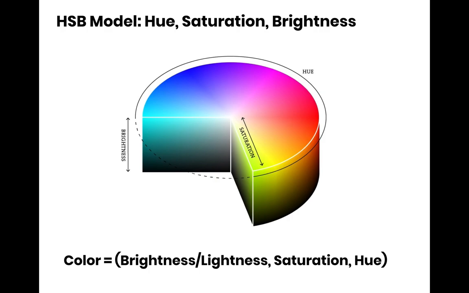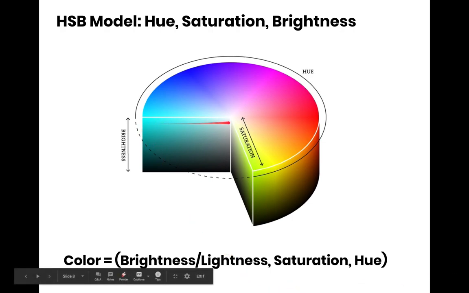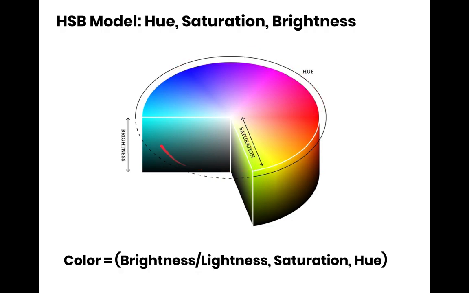So each color that we can perceive, understand, or use in visualization corresponds to one point in this space. We have the brightness dimension, we have the saturation dimension, and we have hue. So hue is basically an angle,